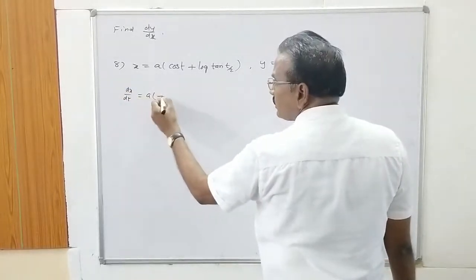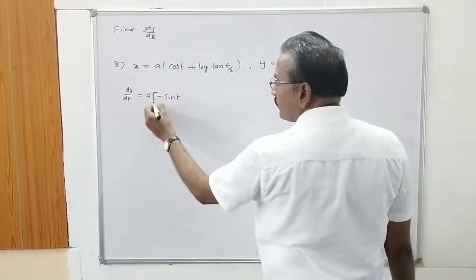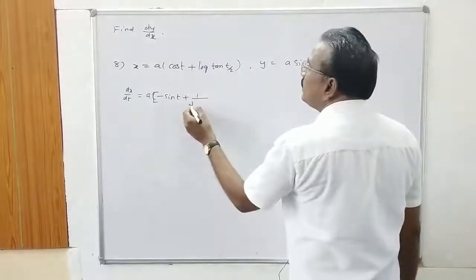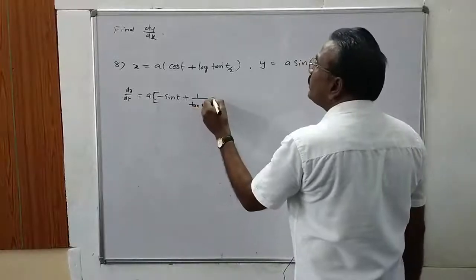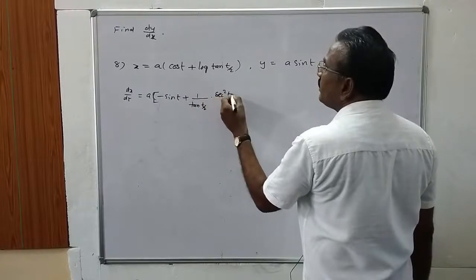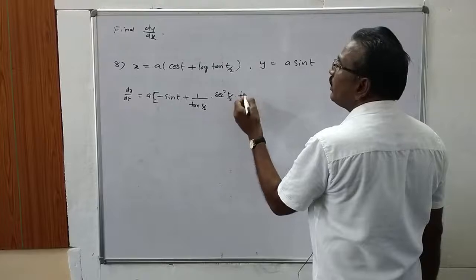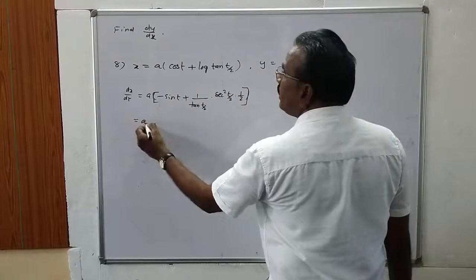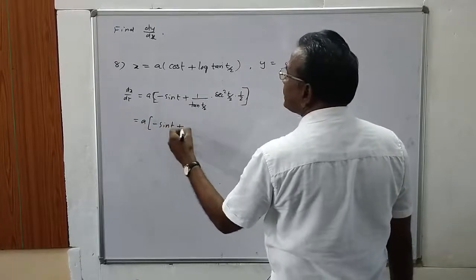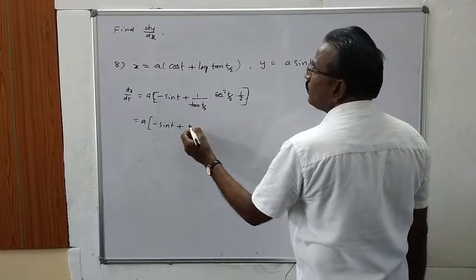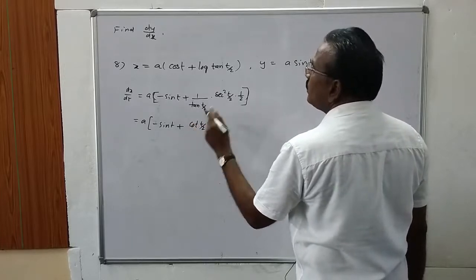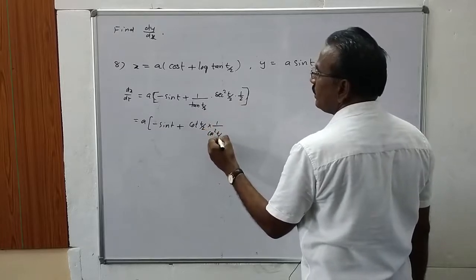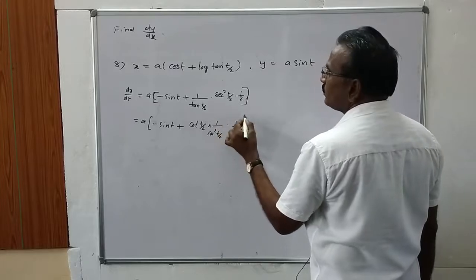A into the derivative of cos t, which is minus sin t, plus the derivative of log u, which is 1 by u, that is 1 by tan t by 2, into the derivative of tan t by 2, which is secant square t by 2, into the derivative of t by 2, which is 1 by 2. So that is a into minus sin t plus 1 by tan t by 2, which is cot t by 2,